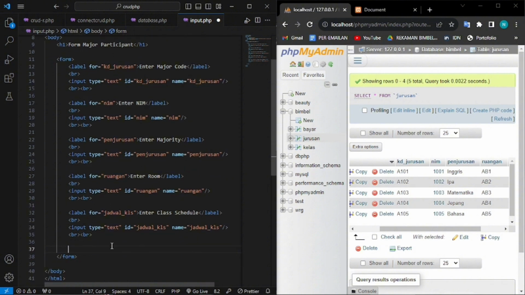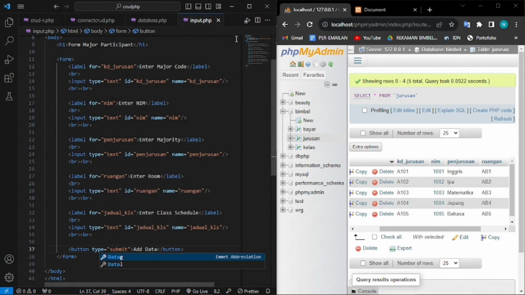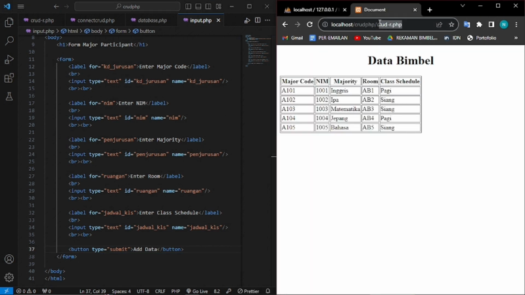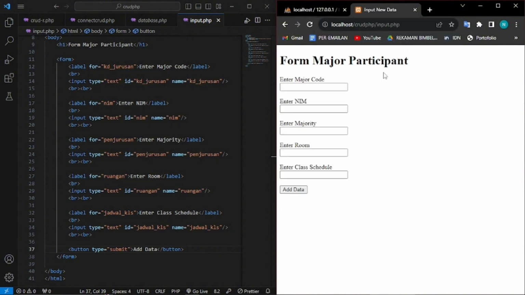and because they want to input it, so we're gonna make a button tag with type submit, and then right here I'm gonna write like this, and then you can see it here, change it into like this. As you can see here, we already have this input,